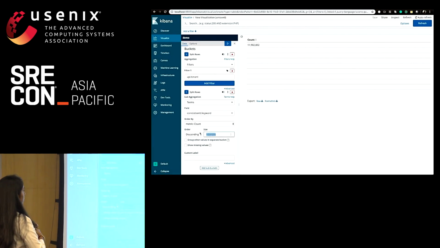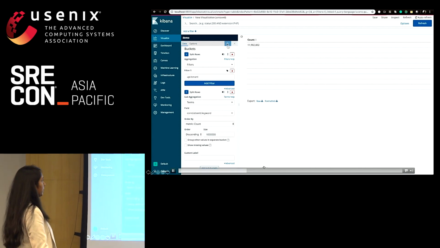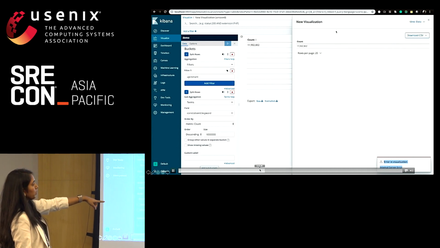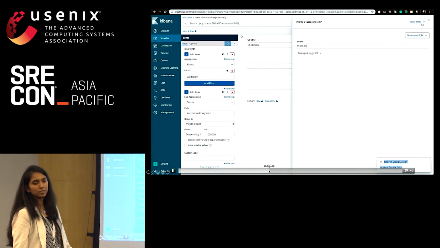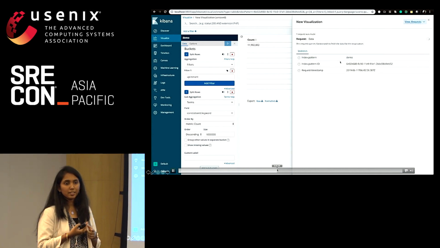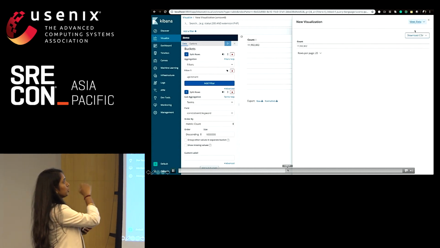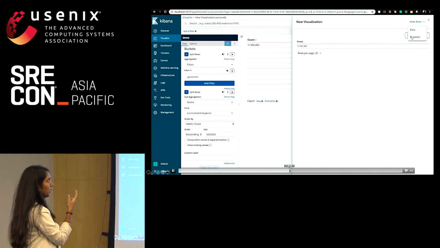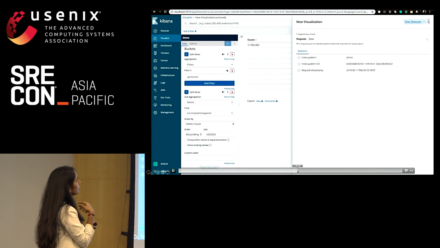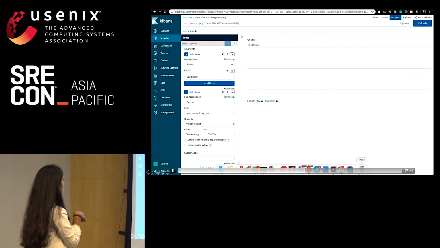And then they said, hey, I want to see it for a larger data set, so they give a very huge value. And then you would see what happens. Elasticsearch times out, it tells you error in visualization, and then that would return you an internal server error. So what just happened was an aggregation on a high cardinality field that they tried to do. There are inspect elements in Elastic which you could use to see your request and the response time taken and all of it. So this is the error that we had.